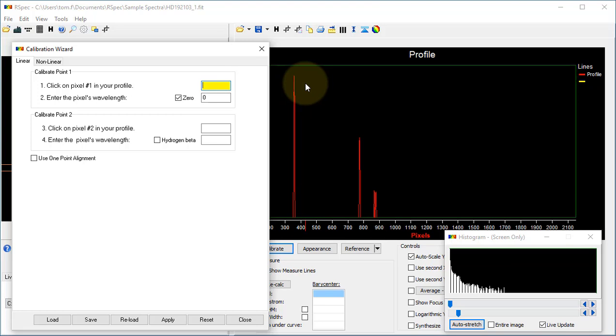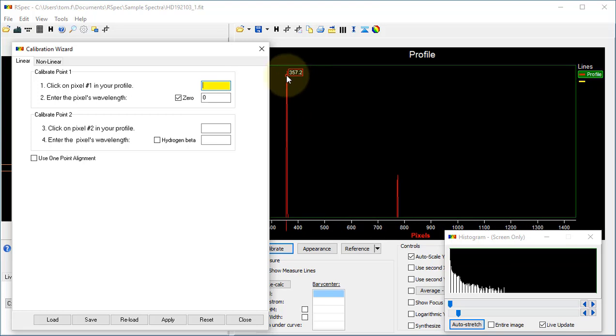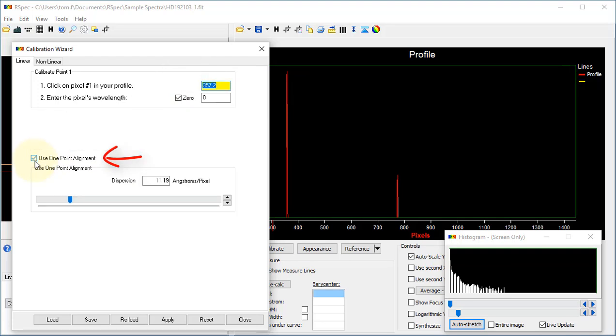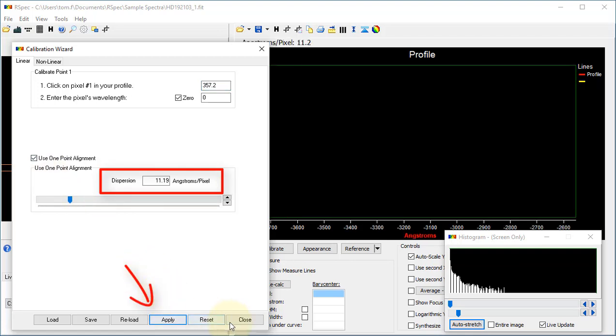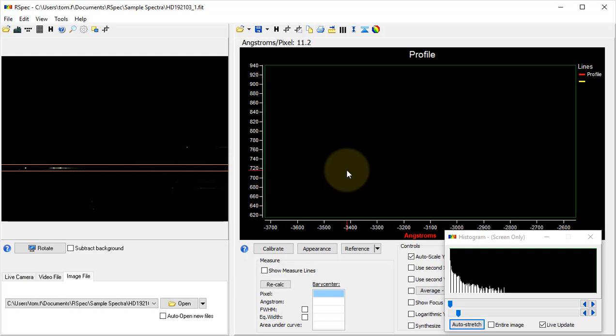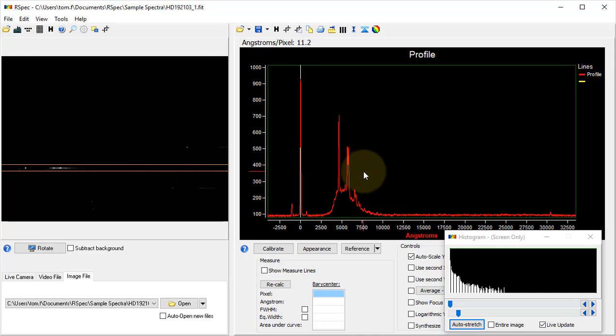Then I'll zoom in and click just for a rough calibration to save time on the peak. And then because I previously calibrated my telescope, I can use 1-point alignment using the dispersion that I determined previously. Once I've done that, I click Apply, and I can close this window. I double-click to zoom out, and there's our